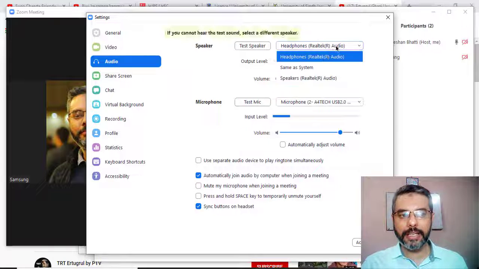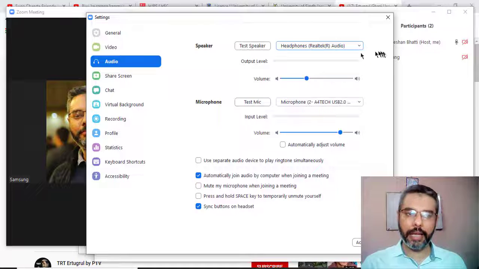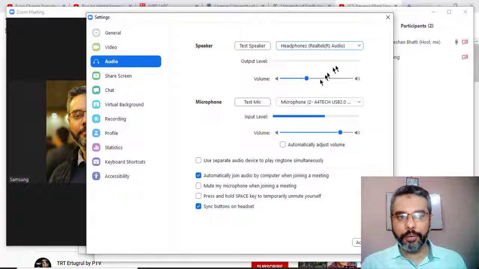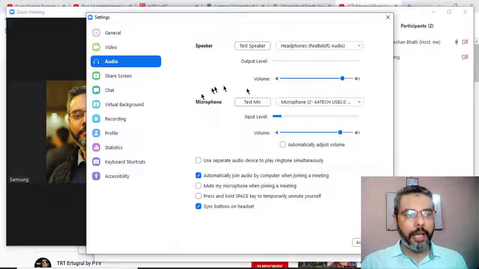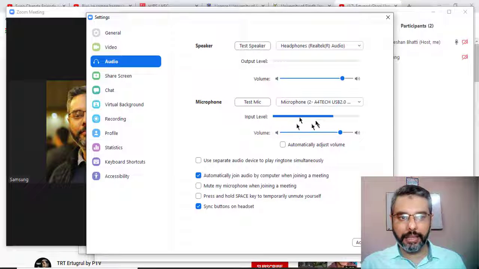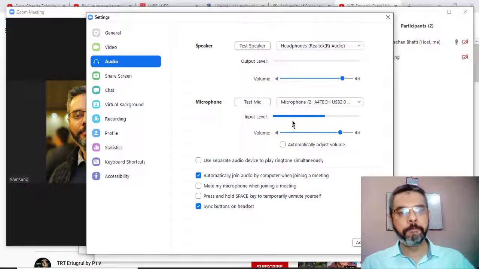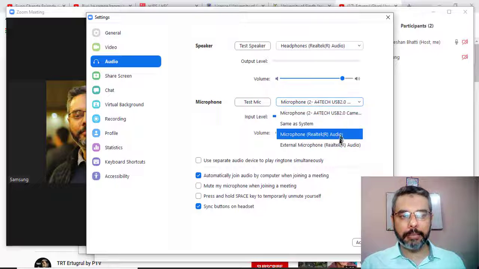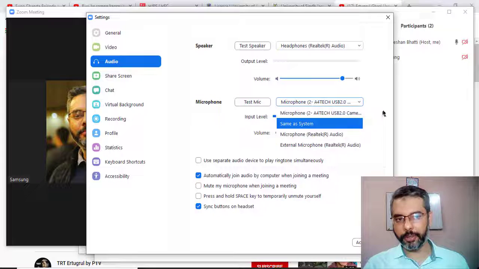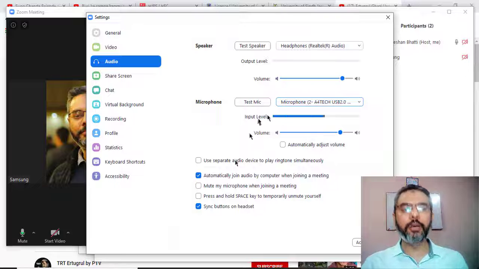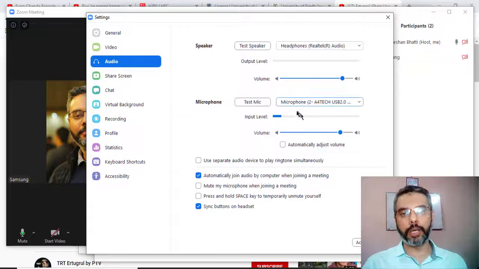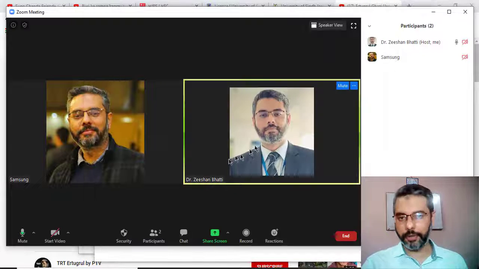First, speaker systems, you can select whatever speaker you're using. Again, in detail advanced, you can check the level of the speakers that you want to control there. Microphone, again, if you're talking, this bar indicates the mic is working fine, no problem. Or you can select any other microphone system that is available within your system as well. So this again, same thing that you can correct, and then you can check whether your system is working correctly or not. So that's first and foremost thing.